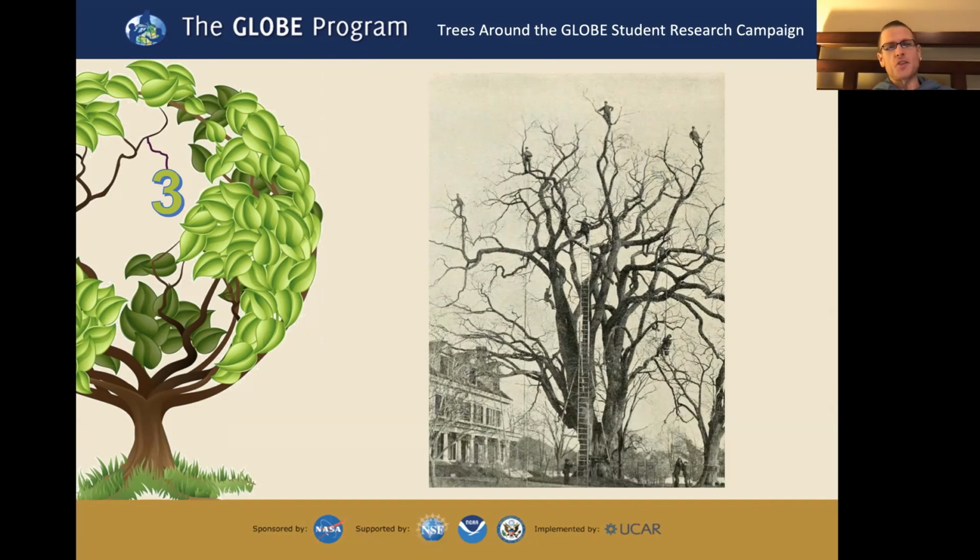And I just want to show you this picture first because it just blew me away. These were tree trimmers in the late 1800s. And this is how you don't want to measure tree height, by the way. If you take a look at that ladder and all the people, it's pretty intense. And yeah, so I just want to show that that was a pretty mind-blowing image right there. So yeah, super old tree, you can tell, been around a long time, but I thought this was a